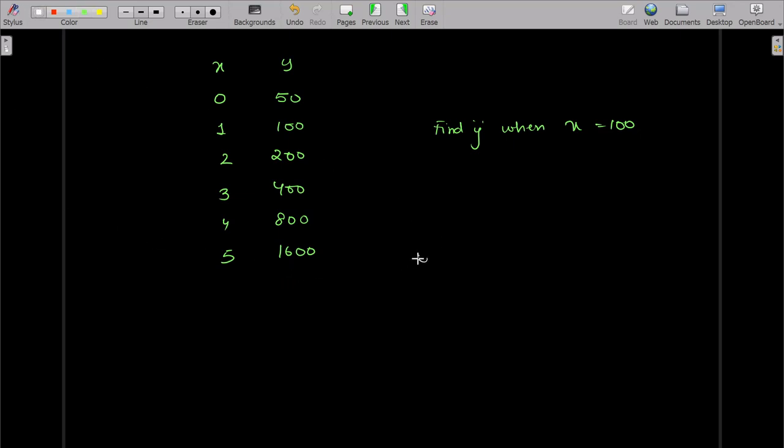So the formula was y is equal to a times 1 plus r to the power of x. You need to find out, x will be a variable, y will be a variable. What is a and what is r? So r would be,